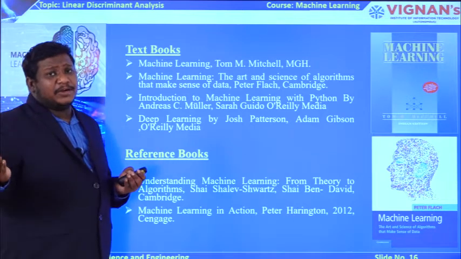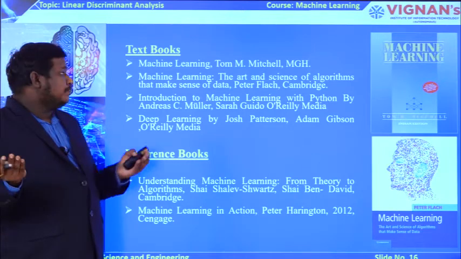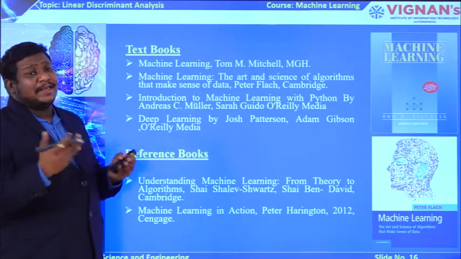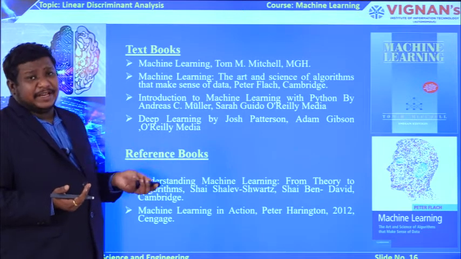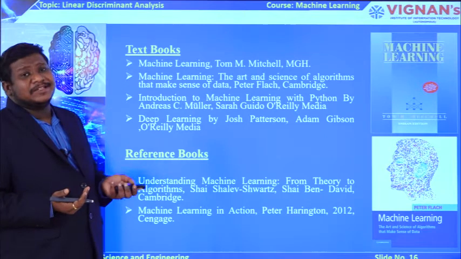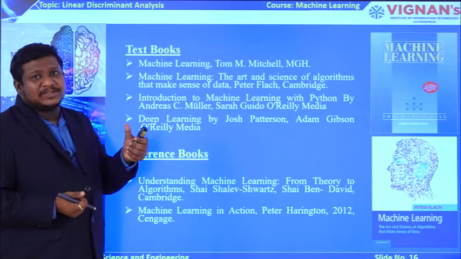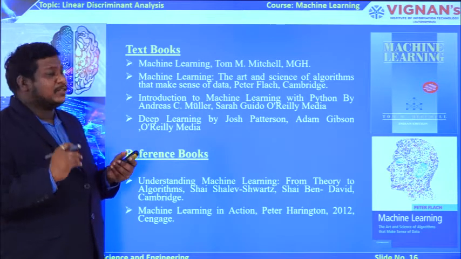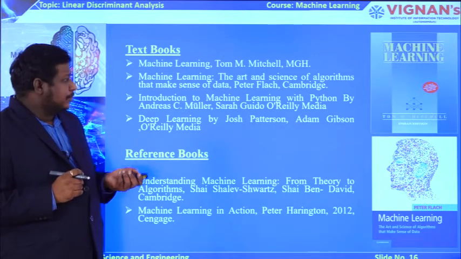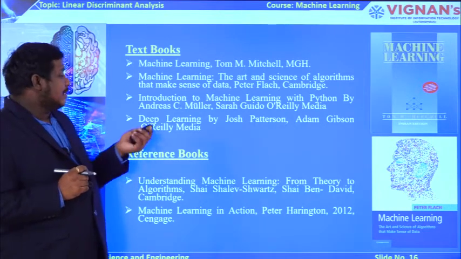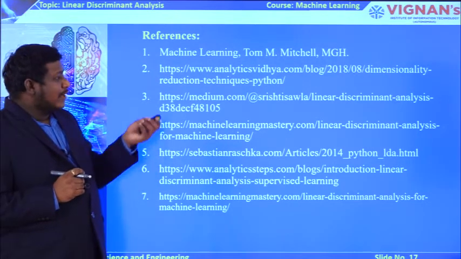Later it was extended to multi-class models that can be used for more than two or three classes. It is mainly used in face recognition, medical applications, and biometrics, where you can identify thumbs or fingers, even the palm of your hand, and for pattern classification or pattern identification. So this is the thing, and these are some of the references from where I collected the source for presenting this